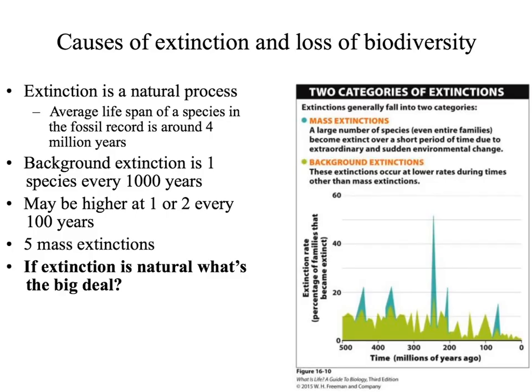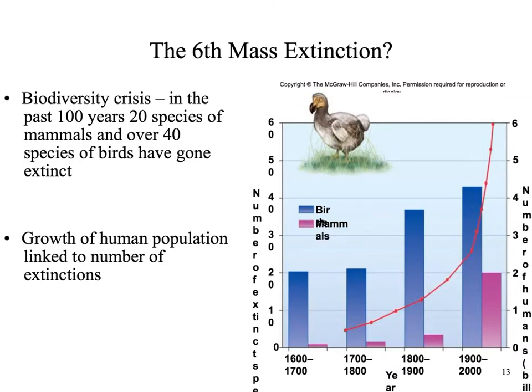We've talked about extinctions before, when we lose an entire group of organisms. There is always a low background level of extinction, where a few species go extinct every year or every set of years. However, we've also looked at mass extinctions, when many species, 50% or more, go extinct all at once. It is strongly argued that we are currently going through a sixth mass extinction. This biodiversity crisis is mostly human-caused.